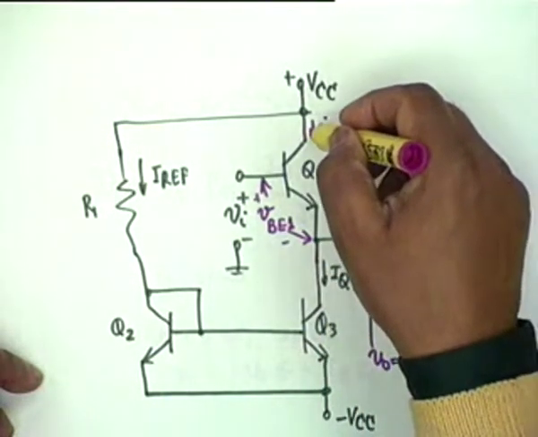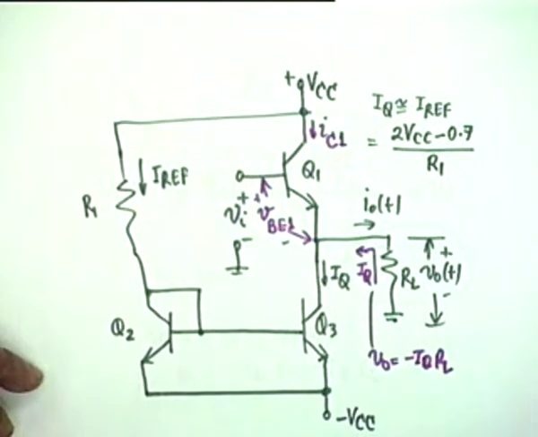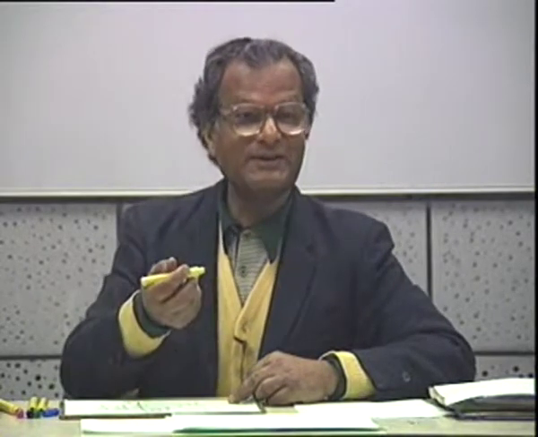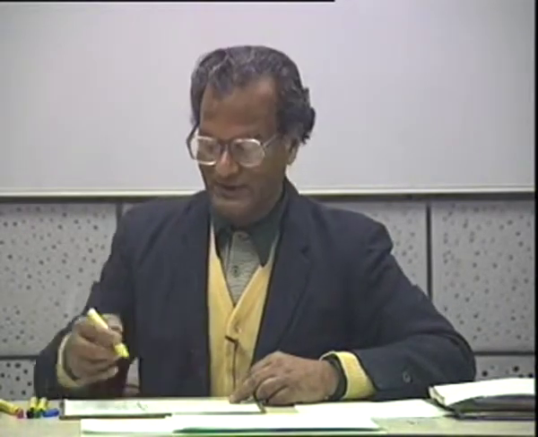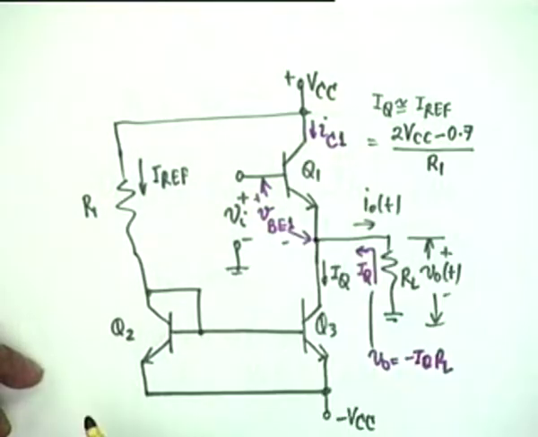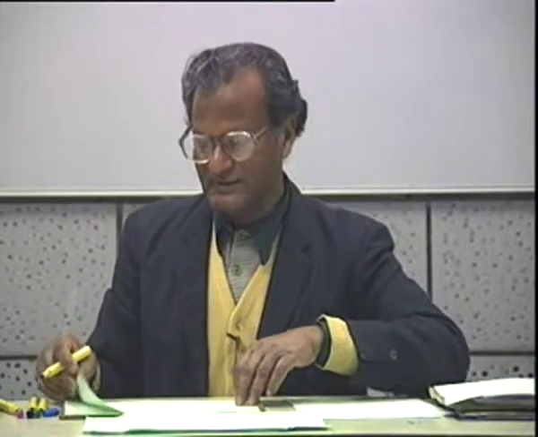In other words, nothing flows through Q1. So, Q1 goes into cutoff, not saturation. Q1 goes into cutoff. Saturation, it flows a current. But if it does not give a current, if it does not contribute to a current at this junction, it means it is cutoff. So, physically much before this inequality starts affecting this circuit, Q1 shall be cut off, which means